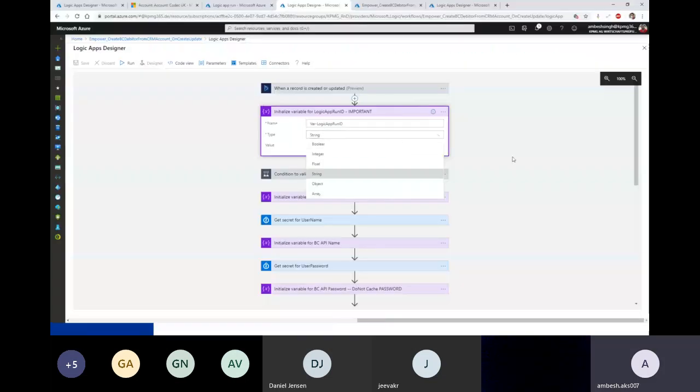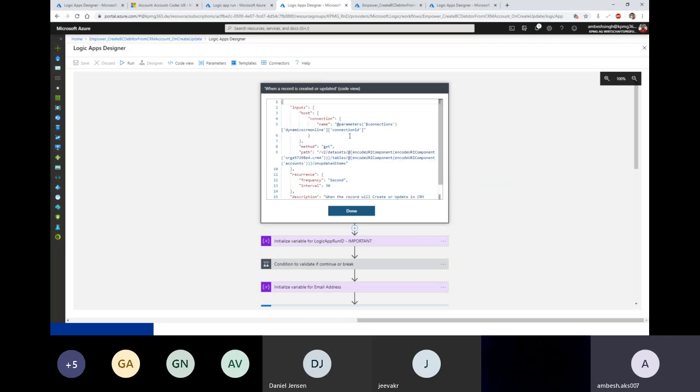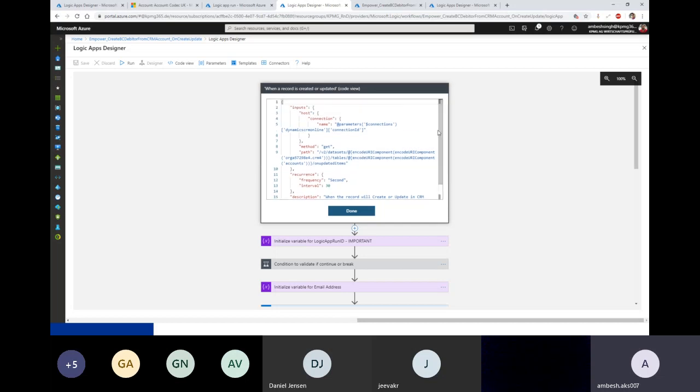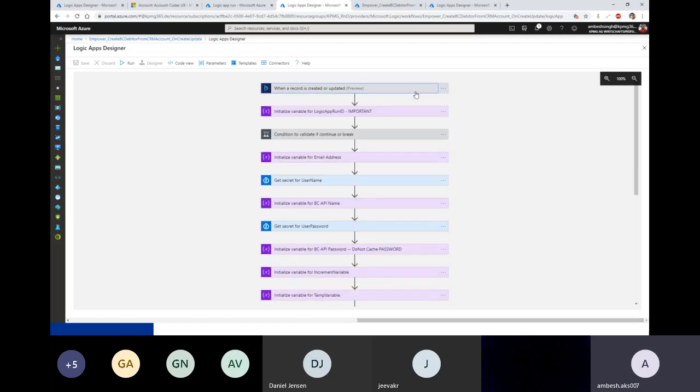Peek code, again, one of the important things. An example of why this kind of functionality is important: from the peek code, you will get the inside of the code. The good part is that you can see what this code is doing. So this is a small block and this is just a trigger, so it's pretty much fine. But the problem is when you have large blocks with scopes, with try catches, it's really hard to find